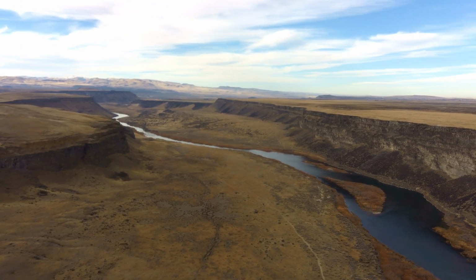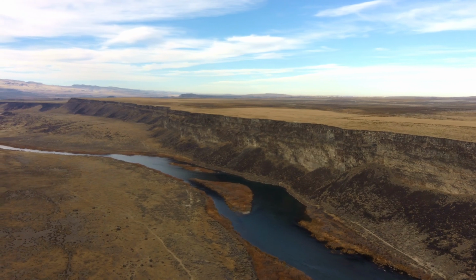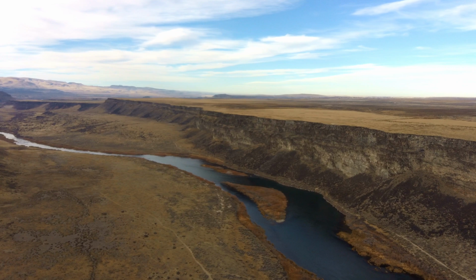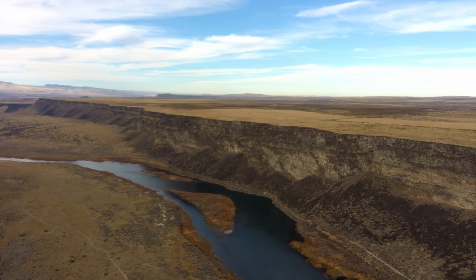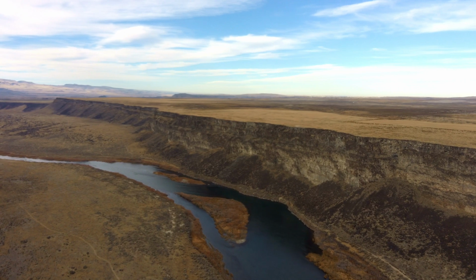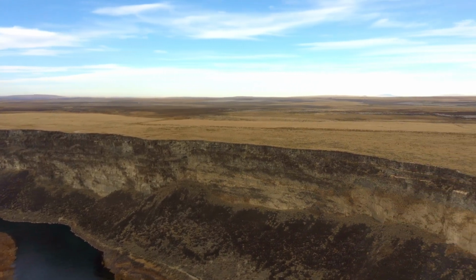And this island down here, I will have to look that up to see the name of that. And you can see a little trail there on the side of the canyon. When you get to that part of it, that is just a hiking trail. That's kind of beyond where you can actually drive. You can go down into the canyon at the Swan Falls Dam, and you can drive quite a ways up the canyon here. And I apologize, that's me moving the...